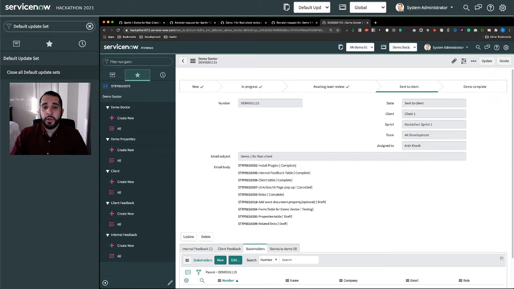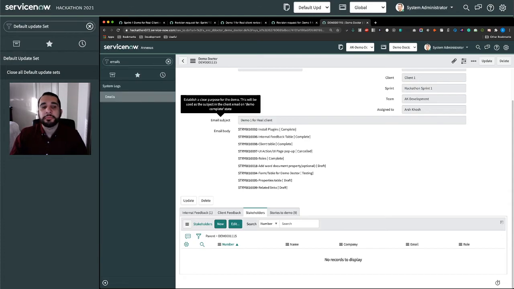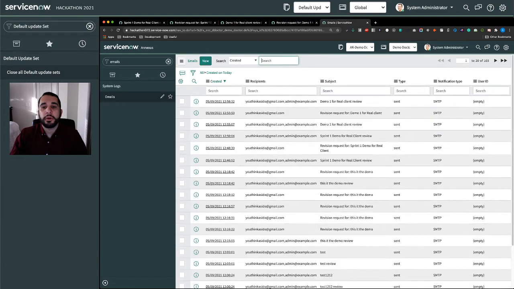But for right now, the lifecycle ends at the sent to client state, and so they will receive an email notification. And essentially that would mark the end of the